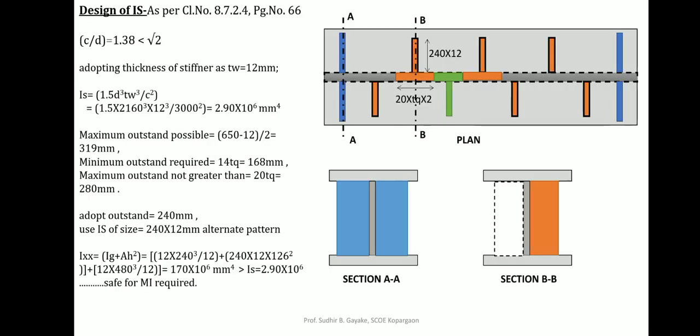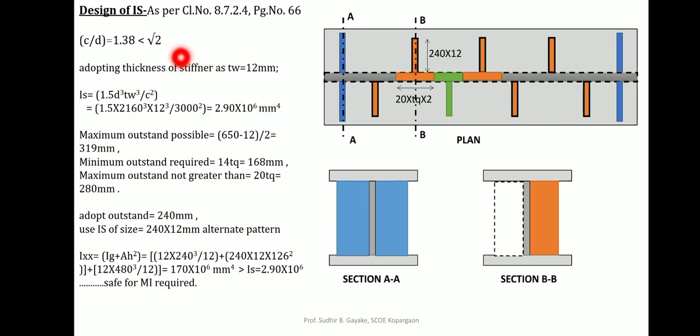Now, design of intermediate stiffeners. In this particular figure you can observe that these blue color lines provided on either side of your web are your end bearing stiffeners, and these are your panel 1, panel 2, 3, 4, likewise 8 panels are there, and your intermediate stiffeners are provided in alternate fashion. They are not provided continuously, they are in alternate fashion. From the right side there are about half of 4 panels, and again from the right side there are 4 or 3 panels of stiffeners.